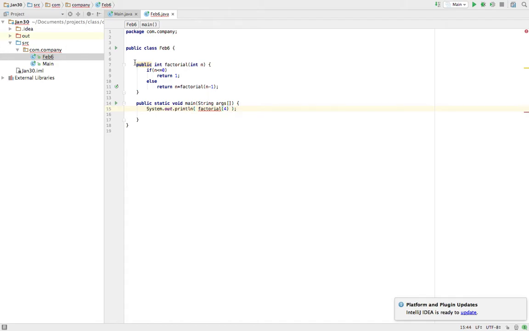Of course, we can't do that because we need to declare it static, right? Once we do that,